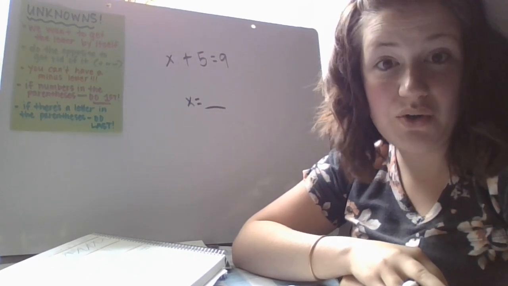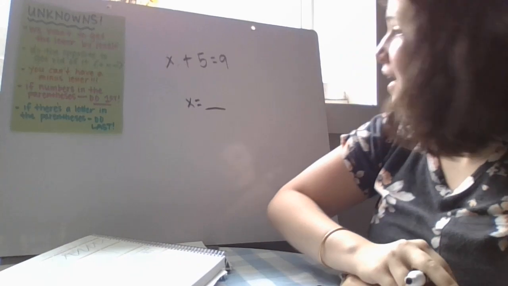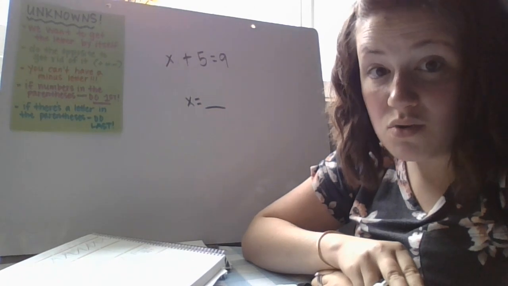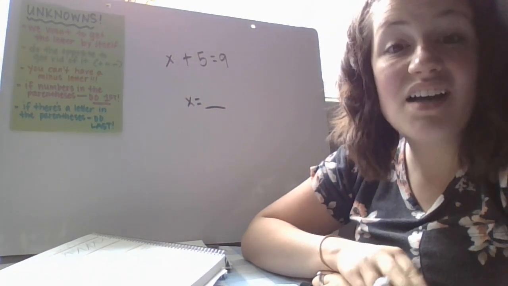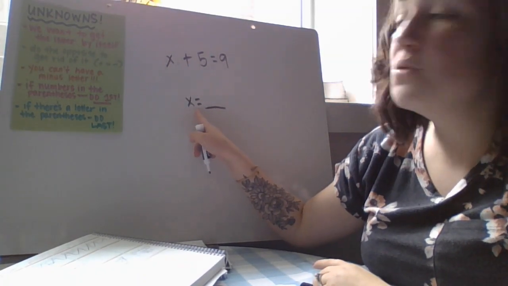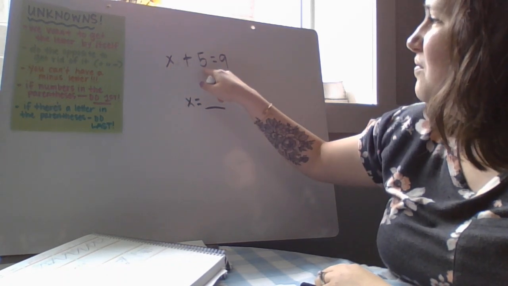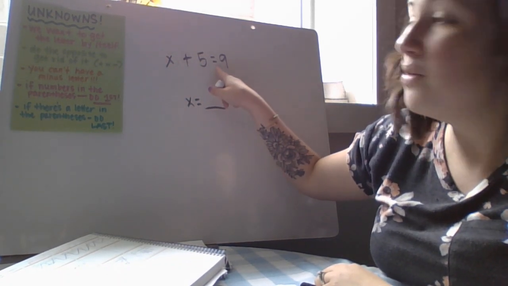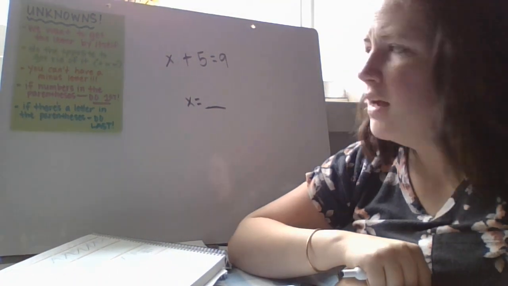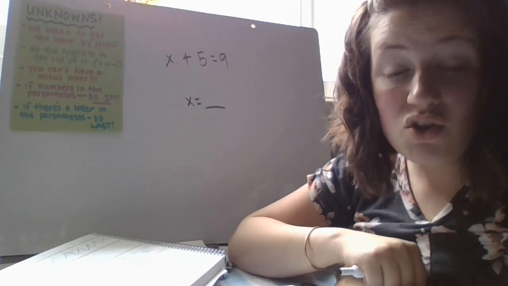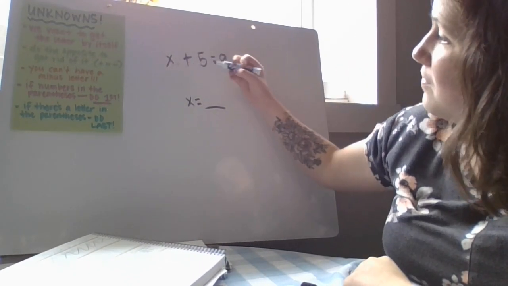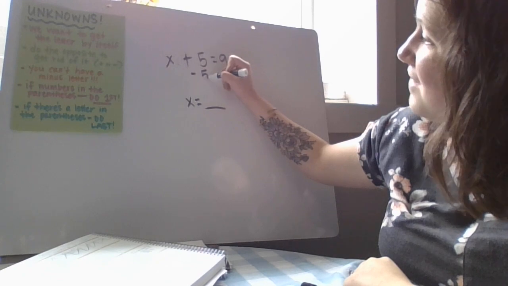But another way I'm going to show you, and this is the algebra way. So when we're solving for X, trying to figure out what X equals, we have to get X all by itself on the side of the equal sign. So it's X equals a number. Right now we have X plus 5 all on that side of the equal sign, and now we only want that X. So we have to get rid of that plus 5. And the only way that we get rid of something is to do the opposite to it, or to subtract it. Here, I have a plus 5, so I have to minus 5 to get rid of it,